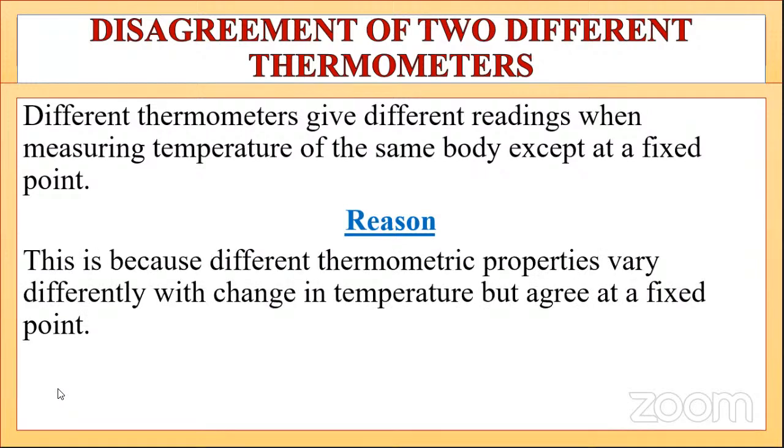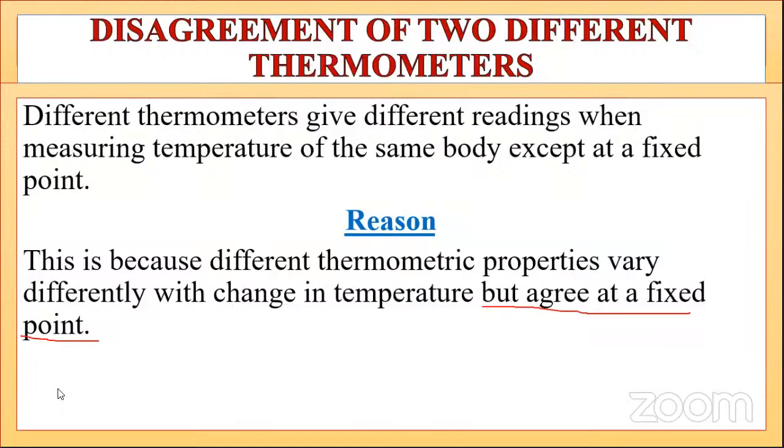We said this is because different thermometric properties vary differently with the change in temperature, but please, this "but" is important: they agree at a fixed point. So that's why two different thermometric properties vary differently. So tomorrow or the next day, if somebody asks you, why do you think